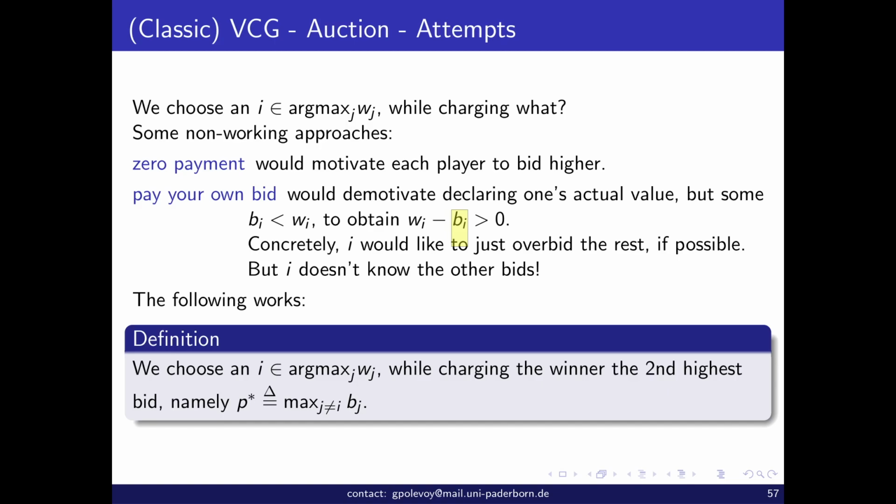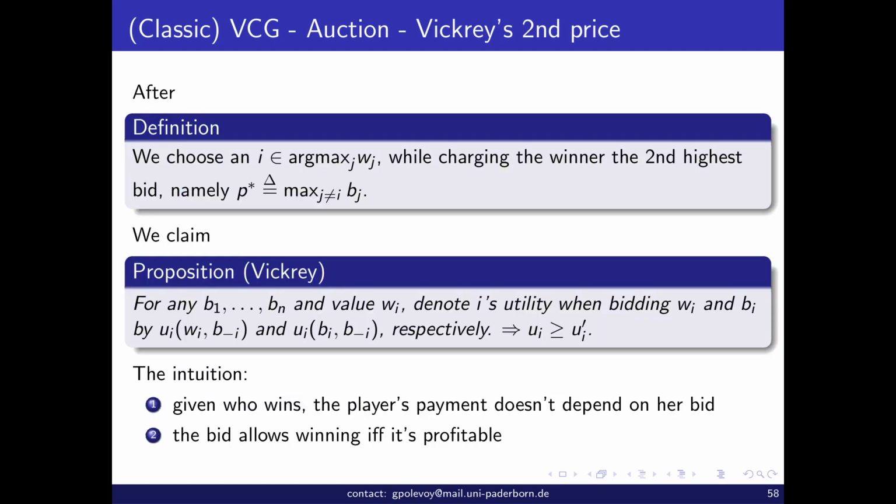The winner pays the maximum amount of bids among the others. Maybe there was a tie among those who win, then it actually pays the same thing that it has bid, but of course generally it pays something smaller. So the maximum between the bids of the others. That's the price. Now, why does it work? We'll now show. So the proposition, that's the